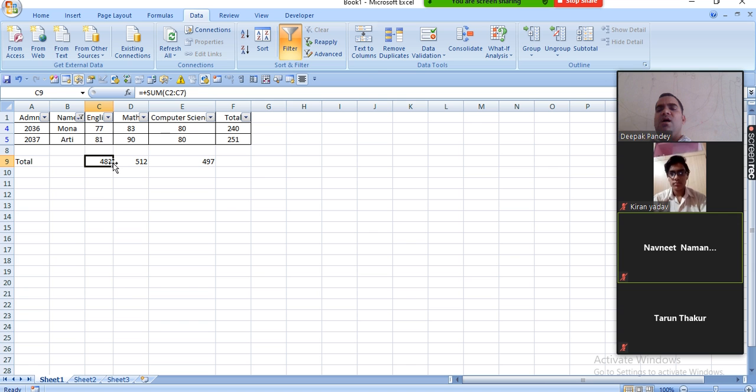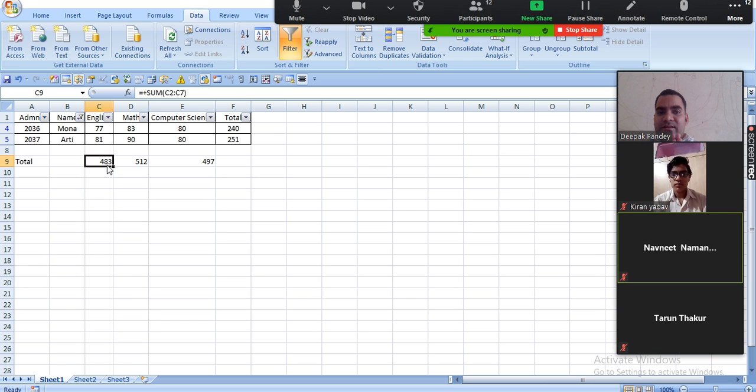That means our displayed result is wrong. If somebody checks, 77 plus 81 is not equal to 483. So this is the drawback: the SUM formula is not working on filter.